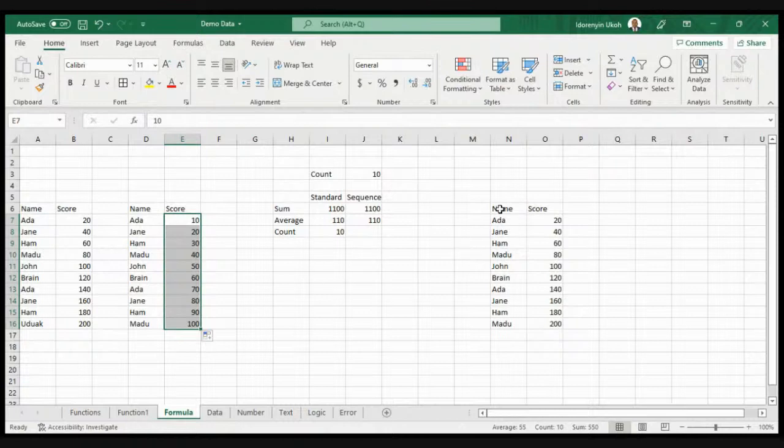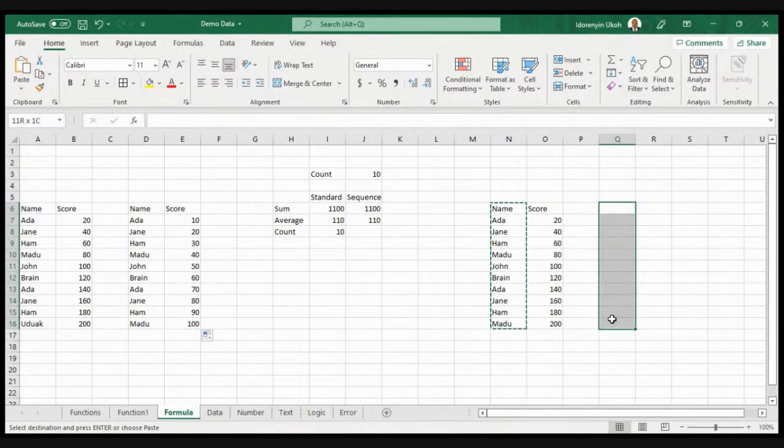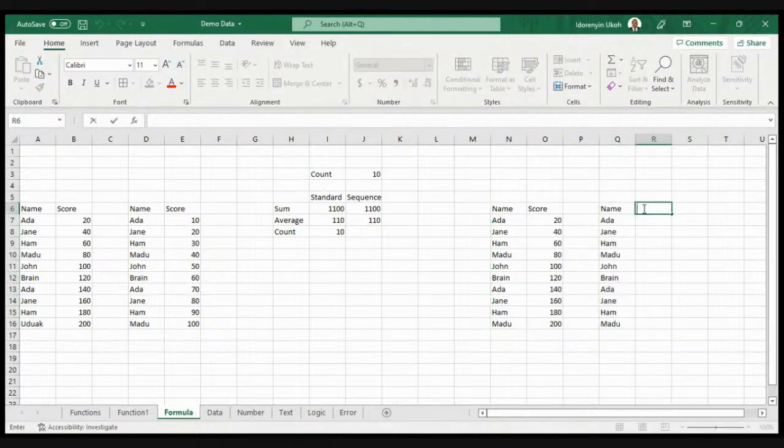Now, I have this score. I'm going to use my sequence to fill in my score. I don't have to type or drag or drop. So what I'll do is equals sequence as a function.